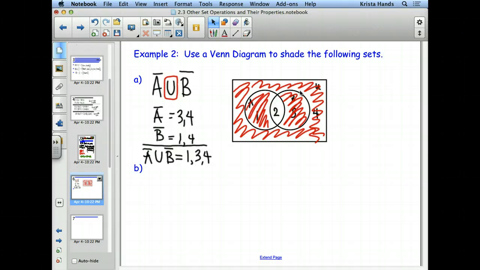Now pause with me, I know we're out of time, but pause with me just for a second and think about that, it makes sense. This says I want the union of everything not in A, which would be everything outside of circle A. I want that to be joined with everything outside of circle B. The only thing that wouldn't include is the overlapping part in the middle. So it should make sense when you're done, especially working with the two cases where there's just two circles, to be able to look back and say, yeah, that's reasonable. Okay, all right, so we're done with this half of the section. We'll finish